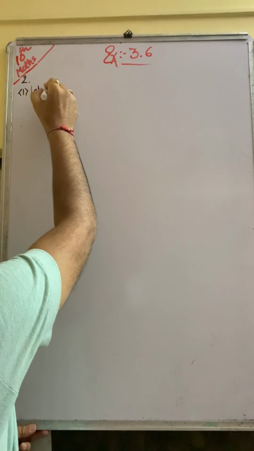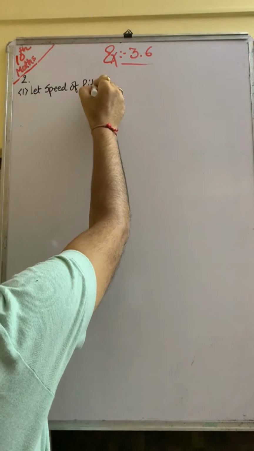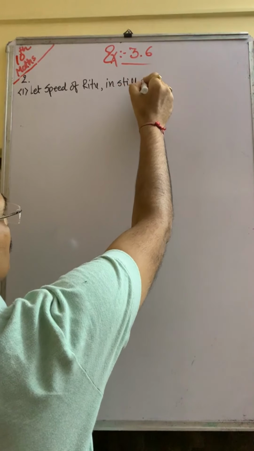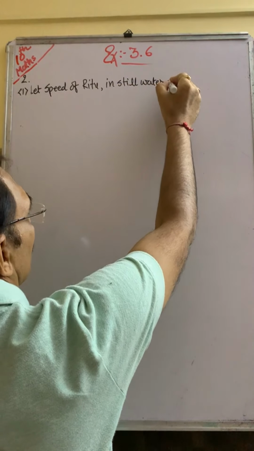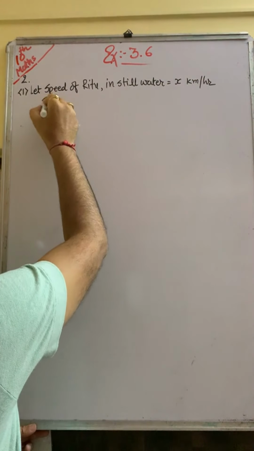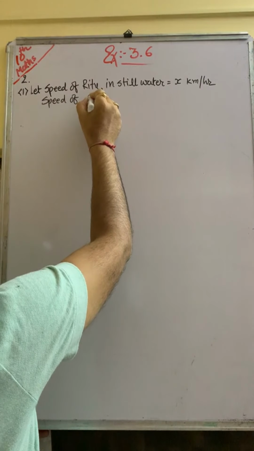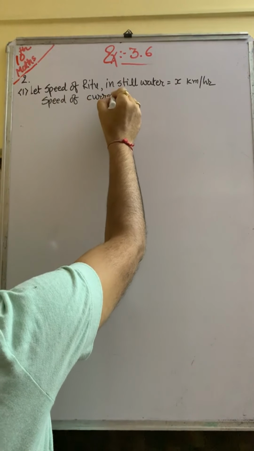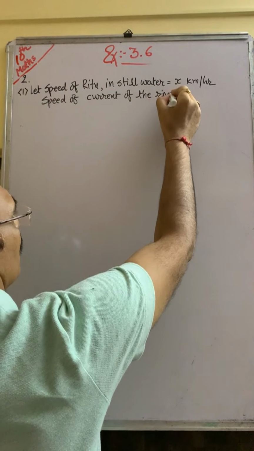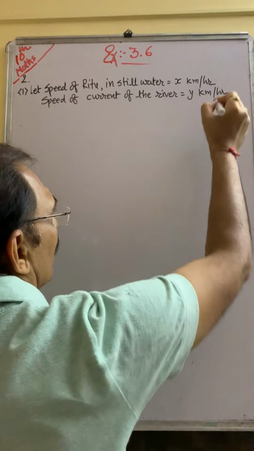Let the speed of Ritu in still water equal x kilometer per hour, and the speed of the current of the river be y kilometer per hour. Now see,